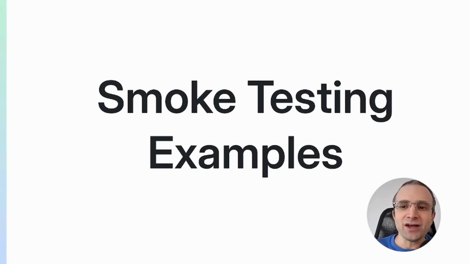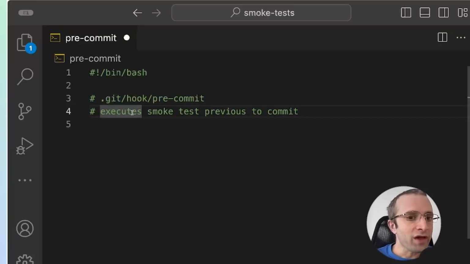So how do we actually set up smoke tests? It can be as simple as writing a bash script for local testing or integrating smoke tests into your CI/CD pipeline. For example, you could set up a post-deployment smoke test to check that the database is connected before making your app live. One quick way to get started is with pre-commit hooks. These are executed before we run a git commit and will fail if the smoke test doesn't return a successful status code. Here I'm using a bash script and we'll start by